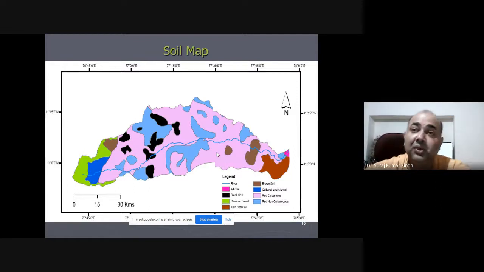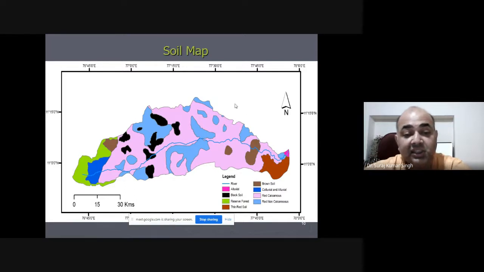So your water depends not only on your runoff, it depends on lineament, and it also depends on the soil type. Where there is more porosity and permeability, you are going to have a good amount of underground water table in that area, and where the porosity and permeability is low, the amount of recharge will be less. So depending on the different soil type, you will have different kinds of recharge. You have to classify each and every parcel of your land so that you can comment on the amount of recharge that is going to happen in that particular area.